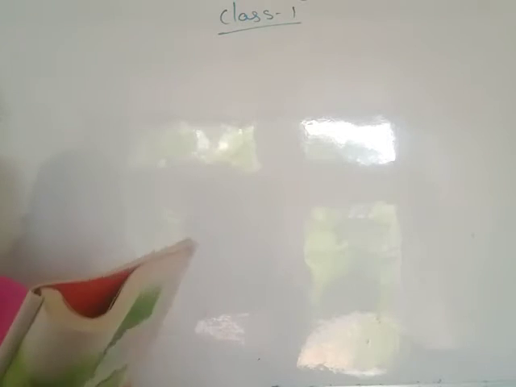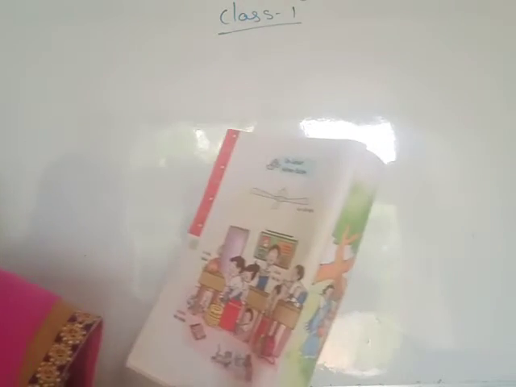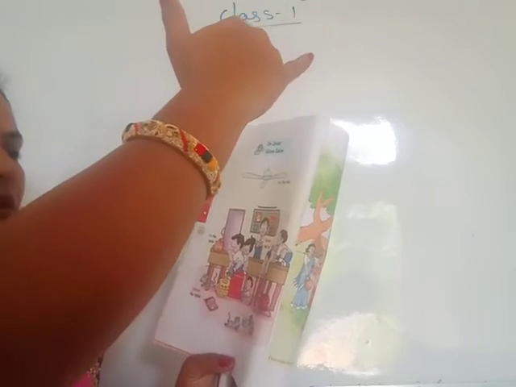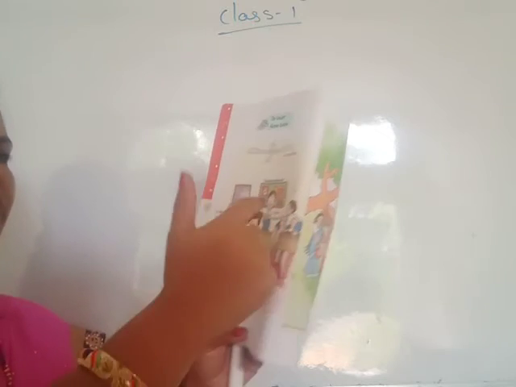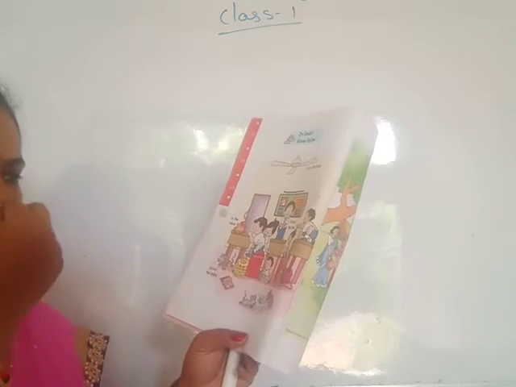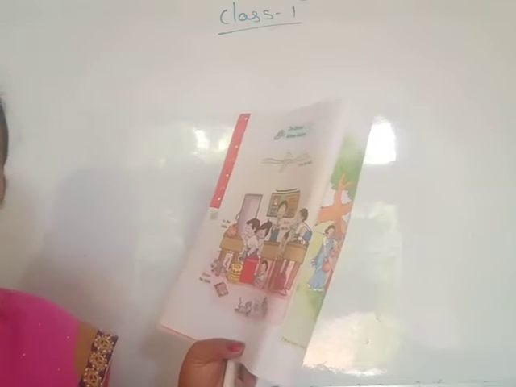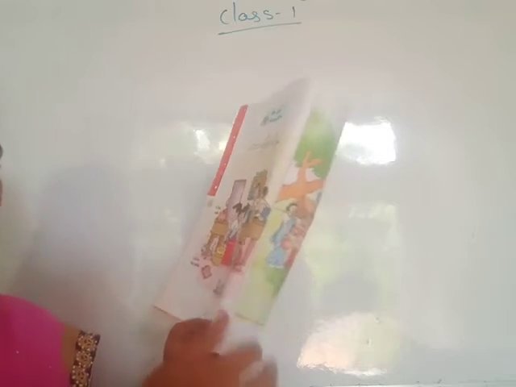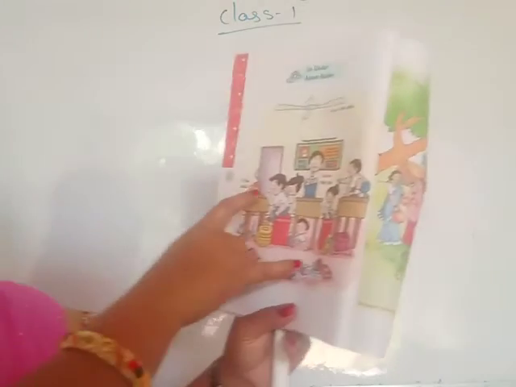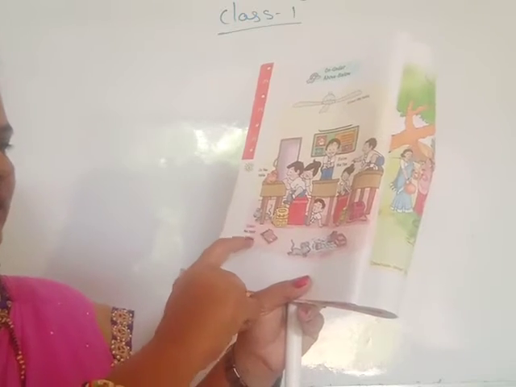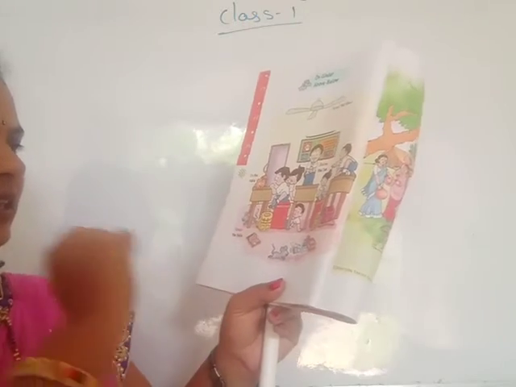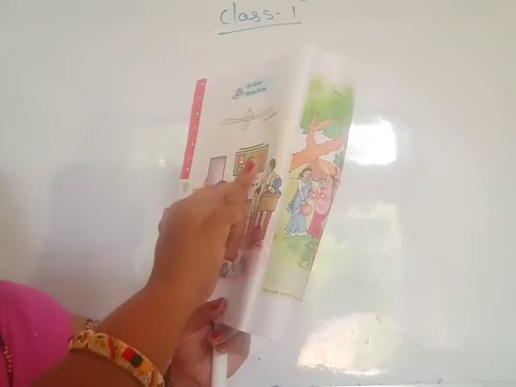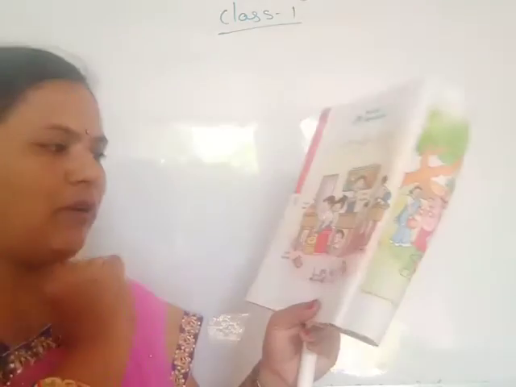Next point in this chapter, you see page number 8. On, under, above, below. You see here, above the table. Above means वर, and below means खाली. Here below the fan, and under the table, on the table. On means टेबलावरती, and under means टेबला खाली. Then you see the picture. This cat is on the table, and here the rat is under the table, and this fan is above the table, and below the fan is this boy.